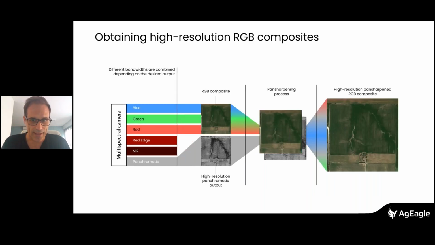As you can see here, the pansharpening process gives you an RGB image. I think we're talking about 2 different advantages here. Many times people ask, why should I combine the blue, the green, and the red band instead of having just an RGB camera? That's a very good question. The reason is that the RGB images you can make with the blue, green, and red bands look much better. If you are used to working with MicaSense images, one thing you will notice is the